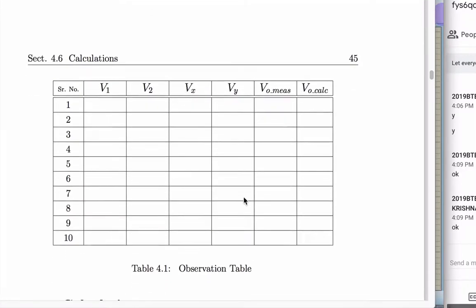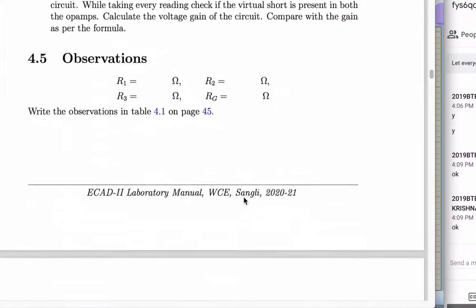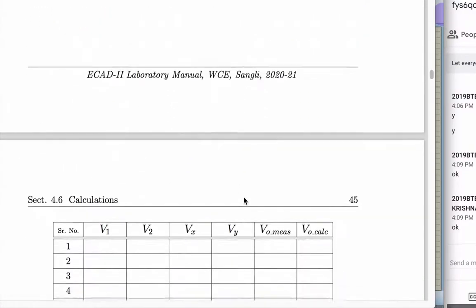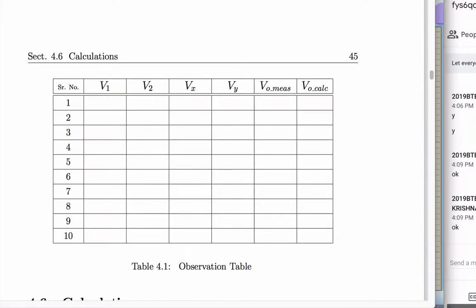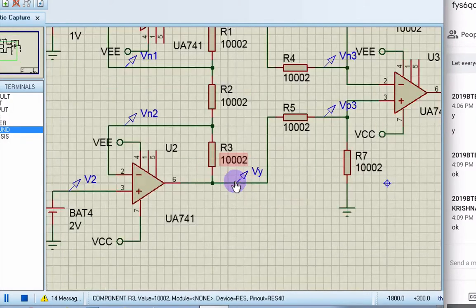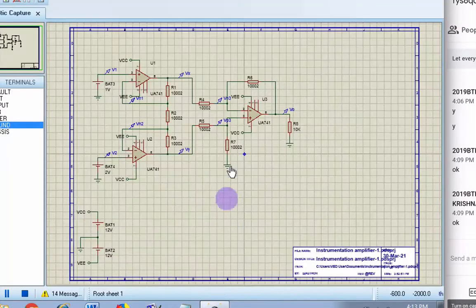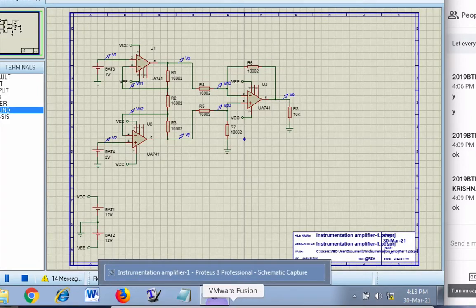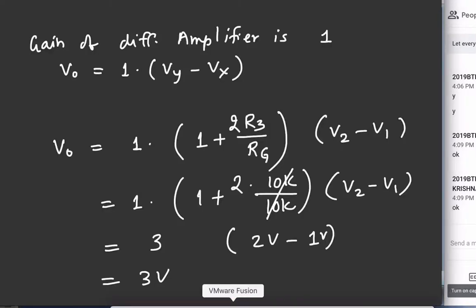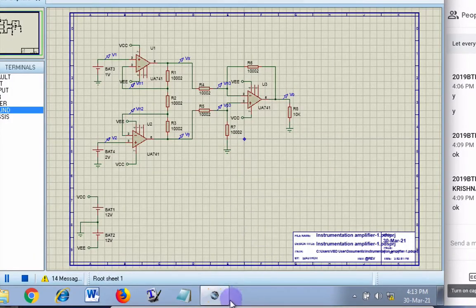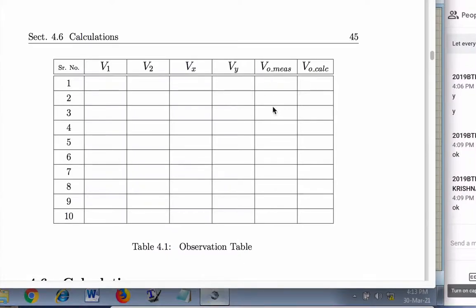Now if you use the exact values of resistors, for example, if you use this exact value, then the measured value and the calculated value will be the same thing.